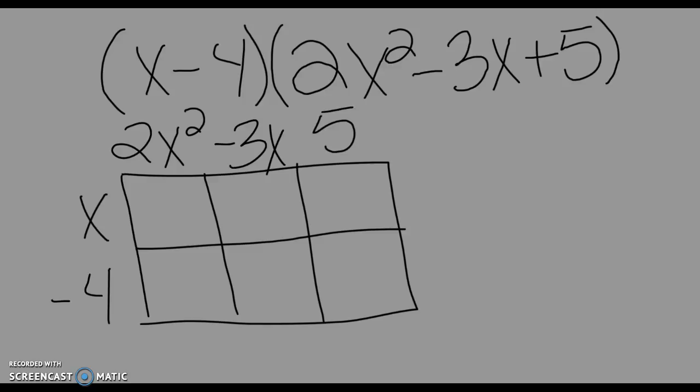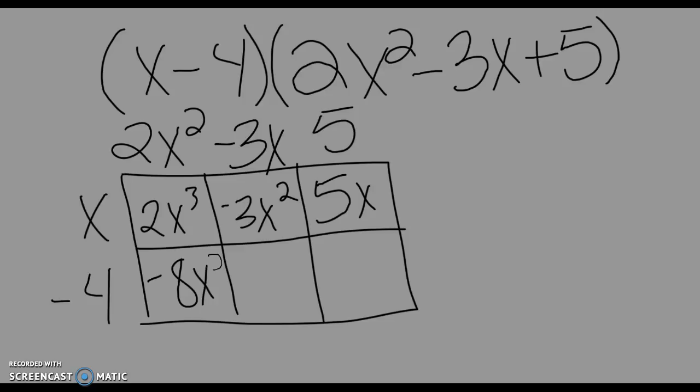So 2x squared times x is 2x to the third. Remember to add your exponents. Negative 3x times x, 5 times x, 2x squared times negative 4, negative 3x times negative 4, positive 5 times negative 4,